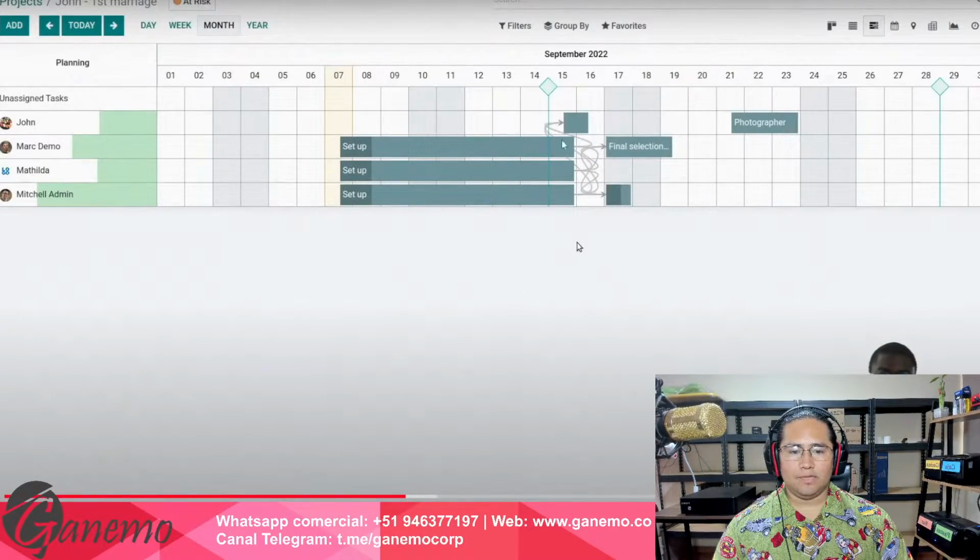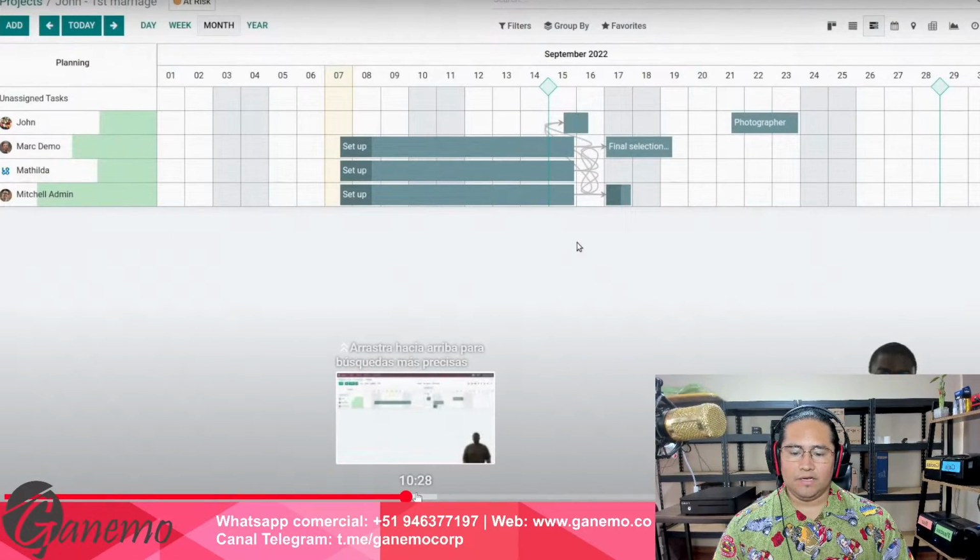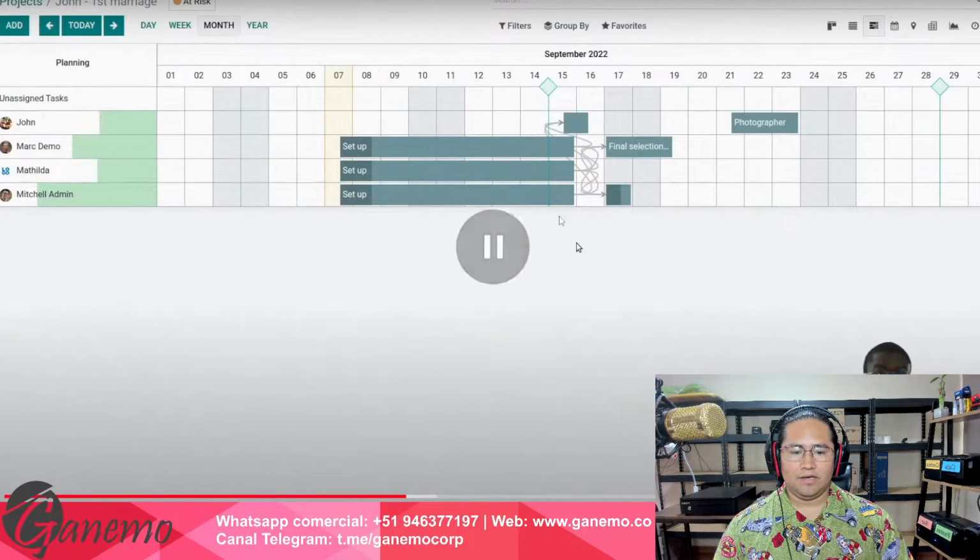Rápidamente, con ayuda de las dependencias y la gestión visual del color que nos facilita todo, podemos desde aquí administrar lo que se va a hacer, cuándo se va a hacer. Han visto lo fácil que es con un clic, se reajustan los tiempos, ¿no? O manualmente también podemos mover.